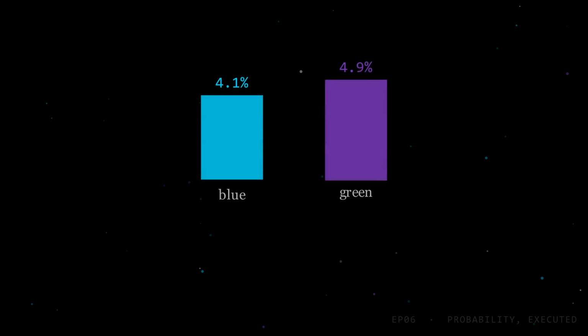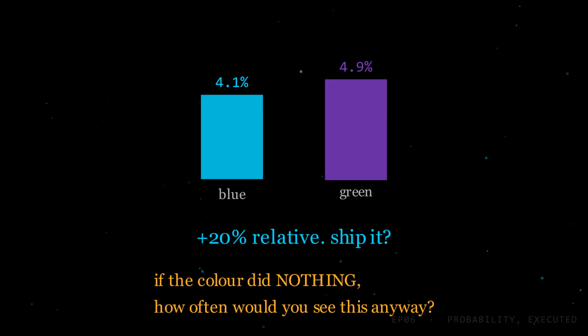You change the button on your checkout page from blue to green. Over the next week, conversions go from 4.1% to 4.9%. That's a 20% relative improvement. Do you ship it? The honest answer is that you cannot possibly know yet because you haven't asked the only